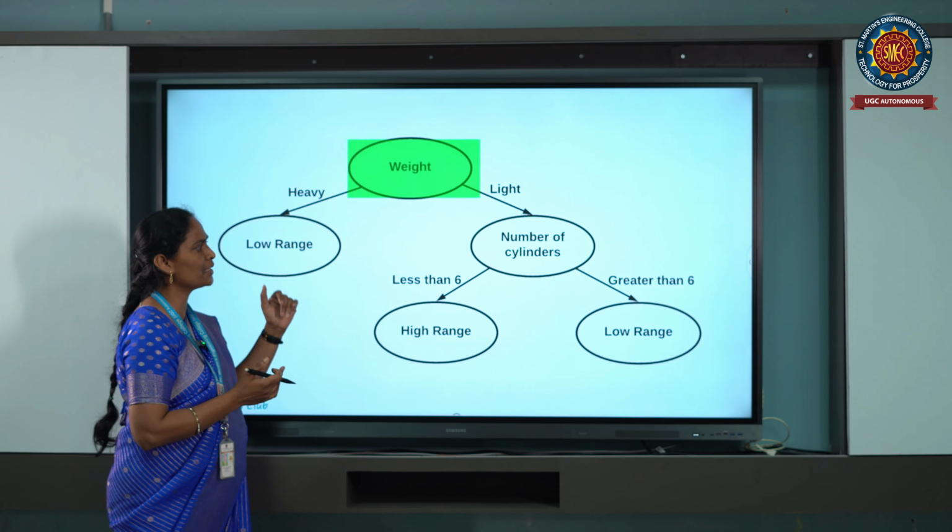So in the decision tree terminologies, we have mostly 5 contents. First, we can see the root node. I have already told that the root node is nothing but the decision. Here the decision is going to classify the data into 2 groups. So the decision tree starts at the root node.